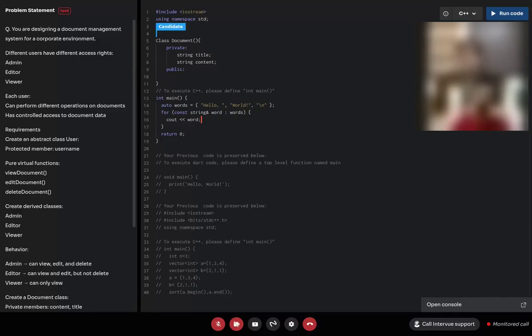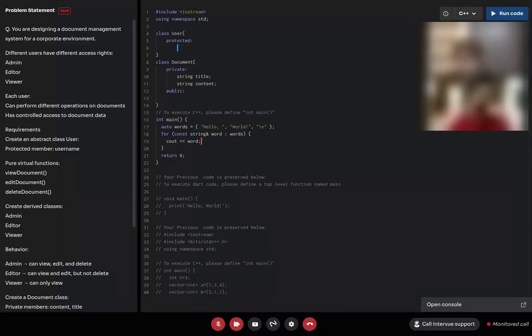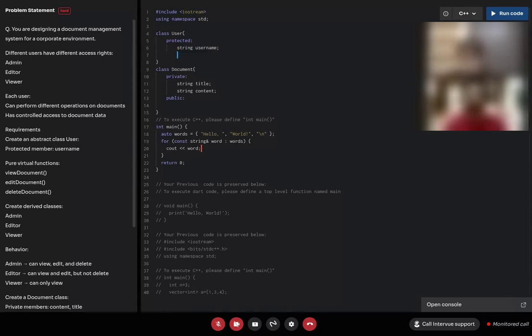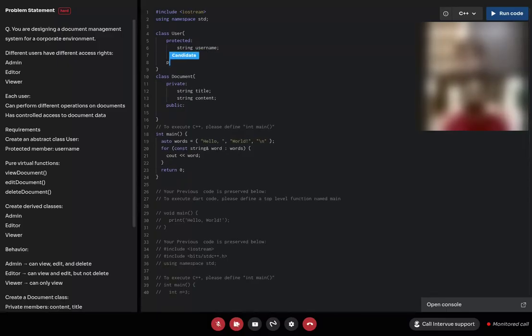Okay, wait. I'll make class of user first. So class of user will have a username, protected, yeah. Protected string username.